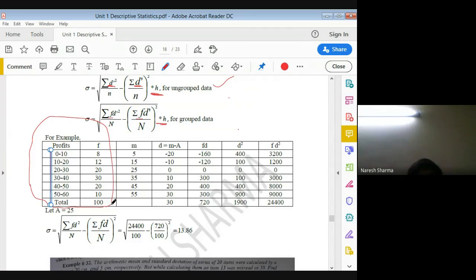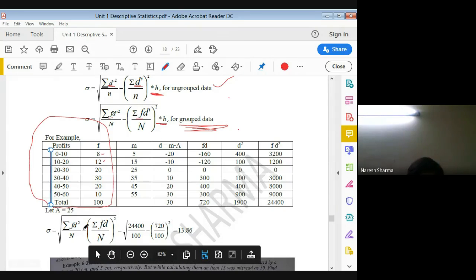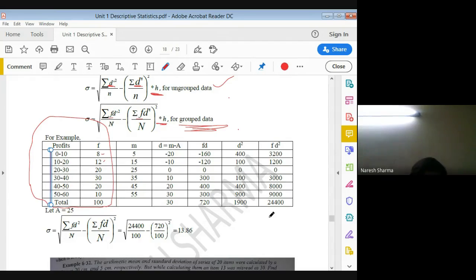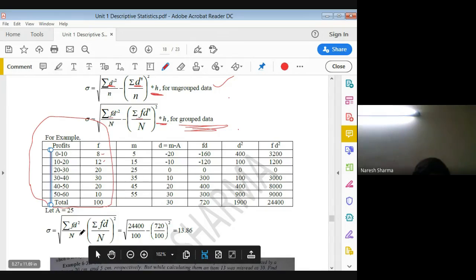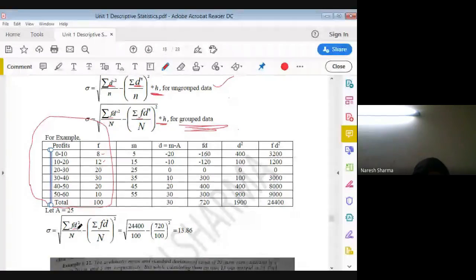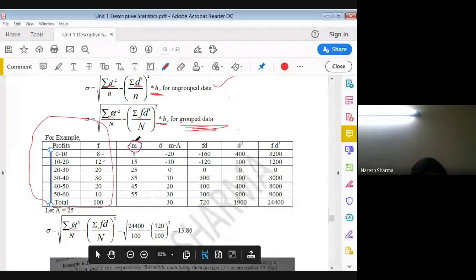Now we are interested to find the standard deviation in this. So first thing, this also includes your frequency here. So that is your grouped category. The formula for this, we may say we have 4 kinds of formula. It's totally your choice, which one you like, you can prefer, right? So in grouped data, I am here choosing the formula with f into d square. We may write here x, no problem. In case of grouped data, instead of x, we use your midpoint, sorry, m, right? So you can go with m here.